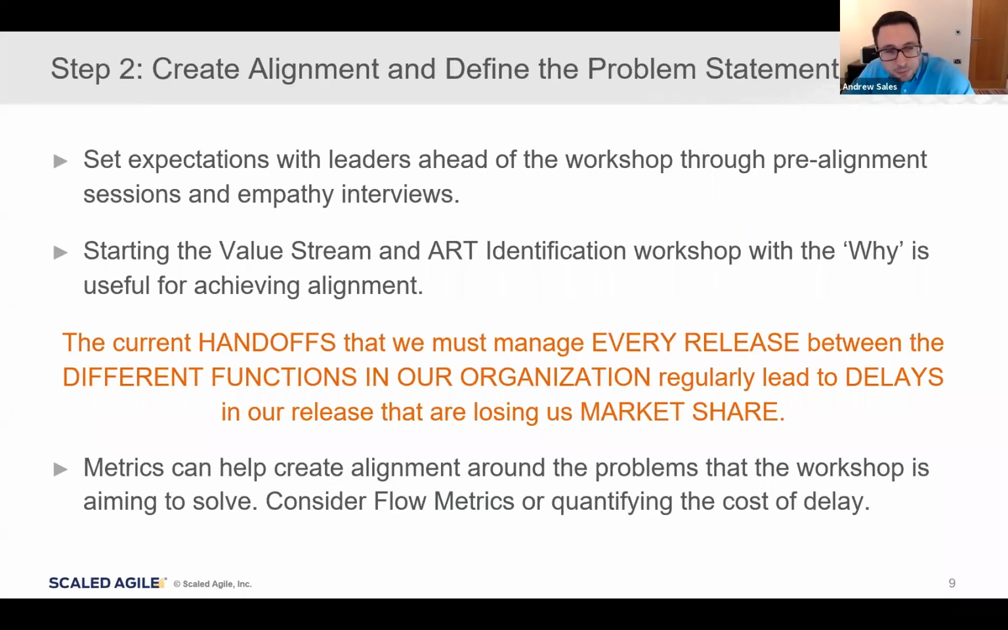Now, the second step really highlights one of the biggest derailers that we often see in terms of a successful value stream and ART identification workshop, which is to kick off the workshop without any alignment. And misalignment here is not just a question of scoping, which we just mentioned, but rather misalignment around the expectations that within the workshop, we're going to be reorganizing our development effort. And what we often see is if this comes as a surprise to any of the attendees during the workshop, it will often stop dead in its tracks as those attendees really struggle to understand the impact on their role and